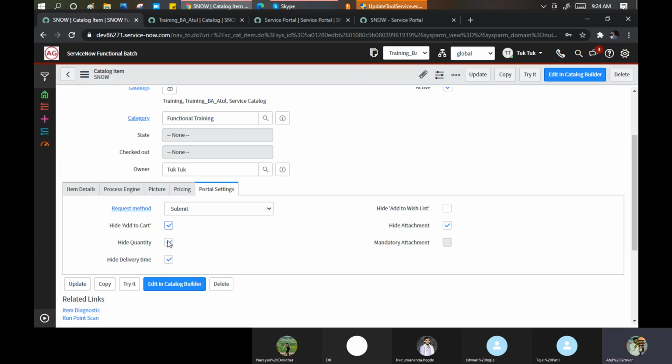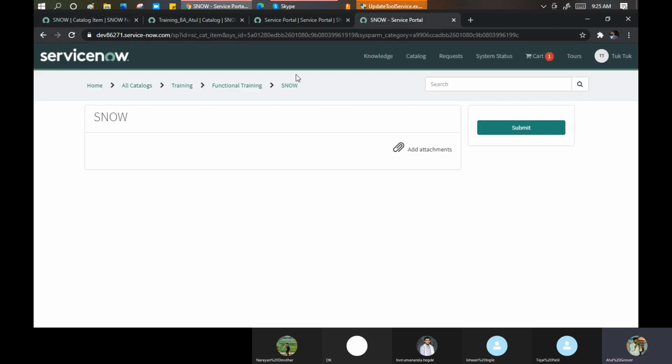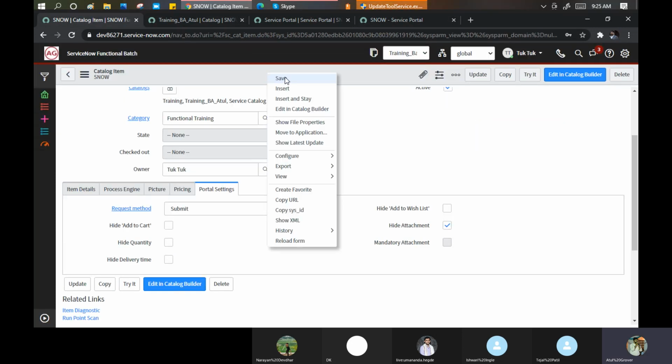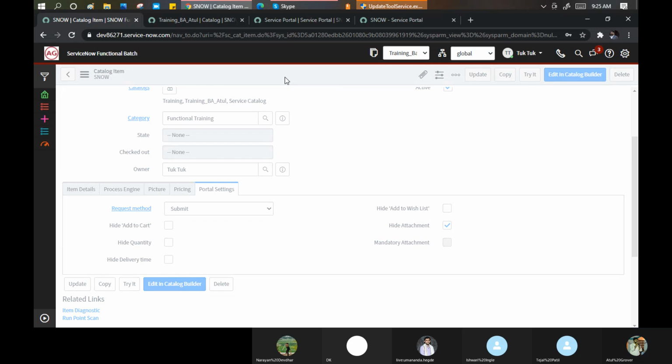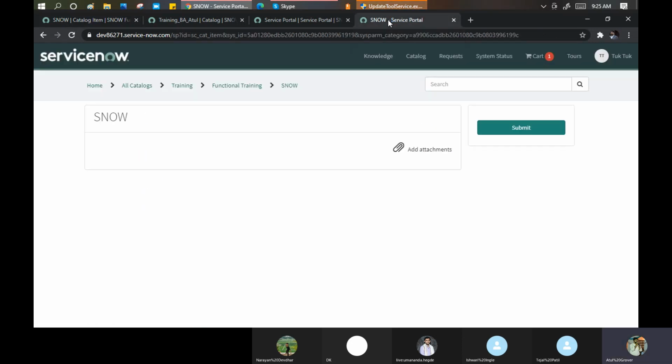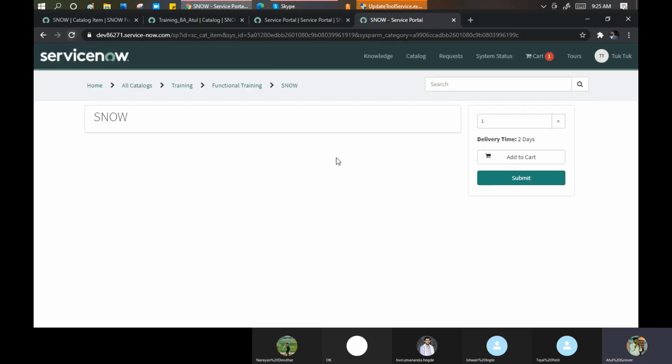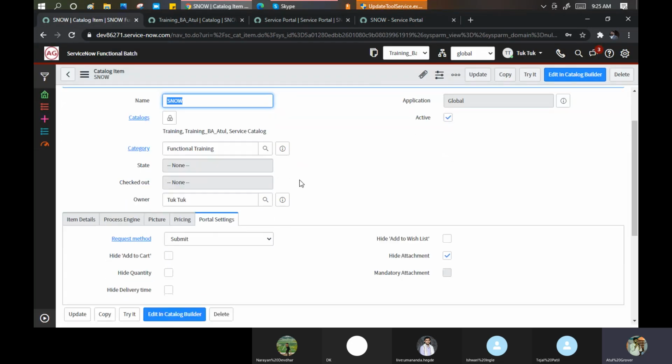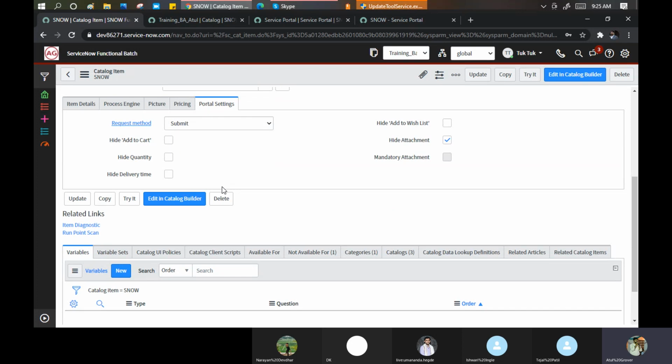Now I click, I remove this and go to this place. Attachment is there. Now it will not show the attachment, but the rest of the things it's showing. Let me reload my page. Attachment gone. These things are back. It is again up to you what you want to show to the customer.